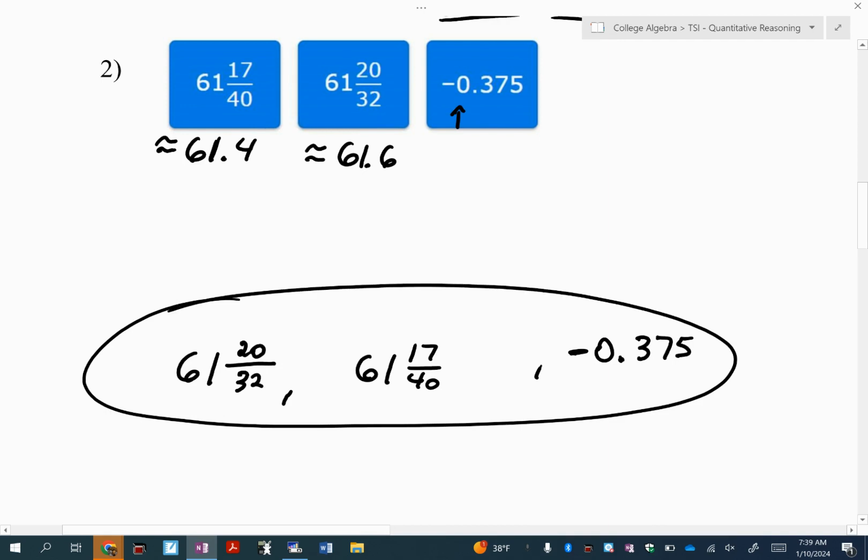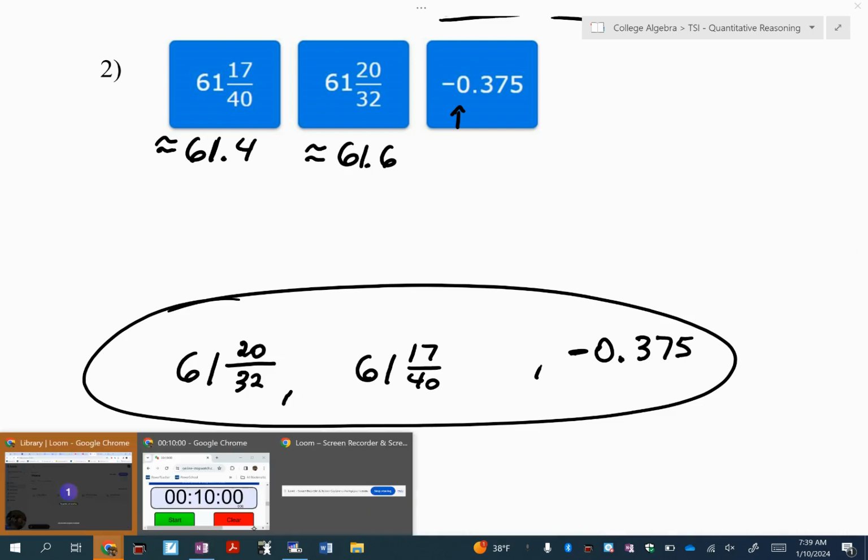Any questions on number 2? All right, so I want you guys to take out